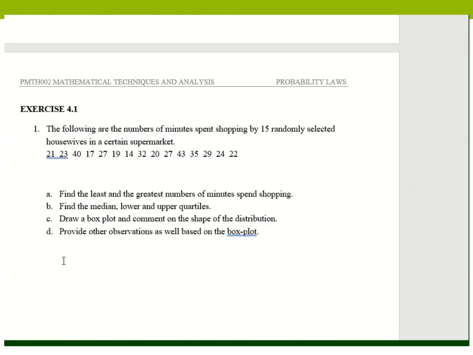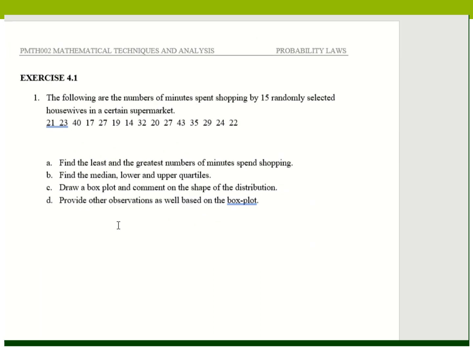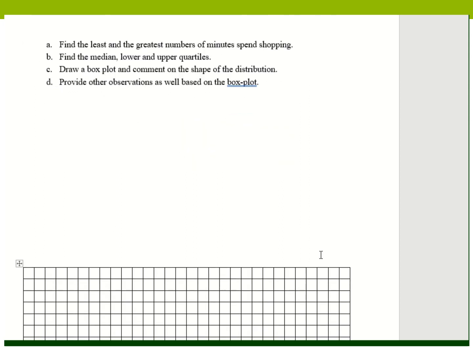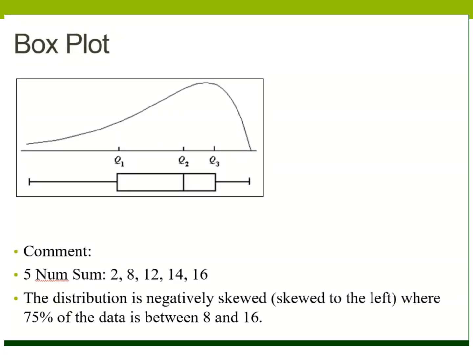So now here you are basically going to do exercise 4.1. They have given you an ungrouped data. Least and greatest number, you're going to find the smallest and the biggest value. Find the median, Q1, and upper and lower quartile is Q1 and Q3. Then you draw the box plot and comment on the shape. Okay, comment on the shape, the 2 points that I just taught you. Other observations that you can see